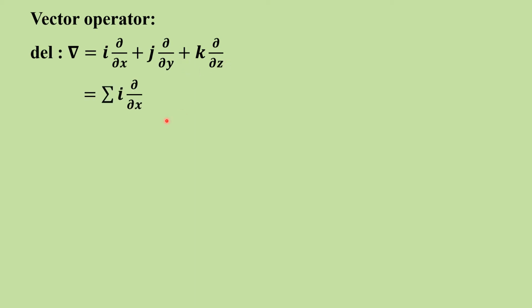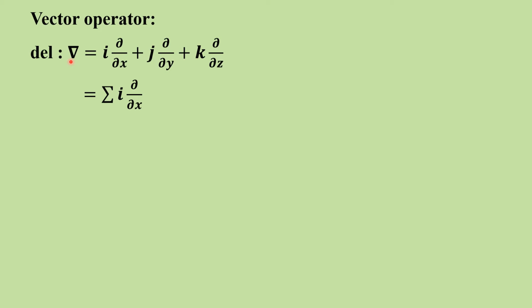After taking scalar point function and vector point function, let me now introduce an operator called the vector differential operator, with the note that differentiation of a vector point function follows the same rules as those of ordinary calculus. Now what is the vector differential operator? It is denoted by del and read as i ∂/∂x + j ∂/∂y + k ∂/∂z, or I can write it as the summation of i ∂/∂x. This vector differential operator del can operate on a scalar point function as well as a vector point function.